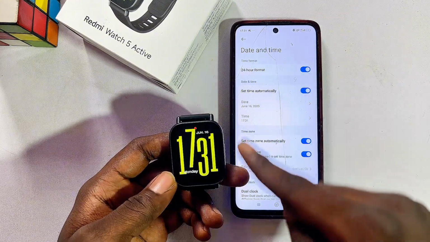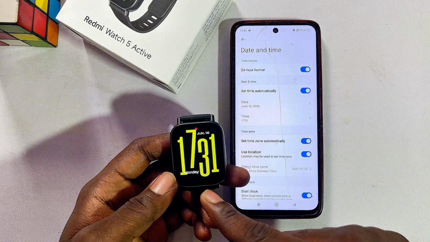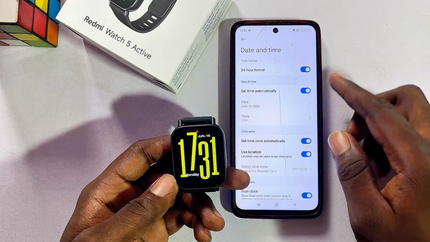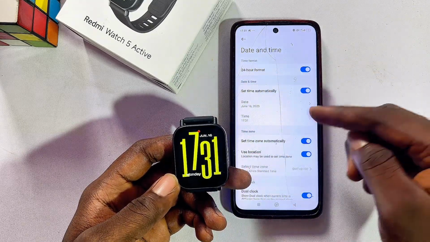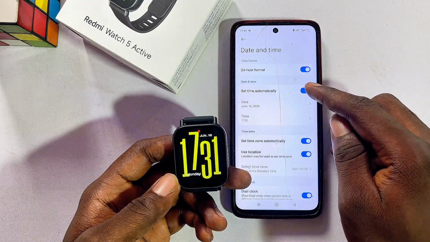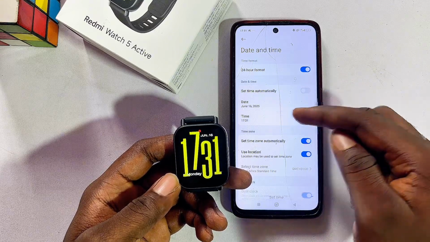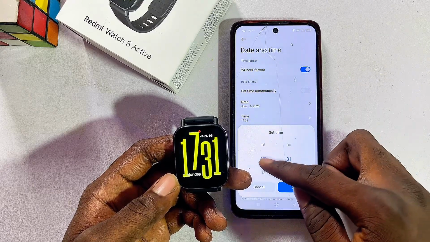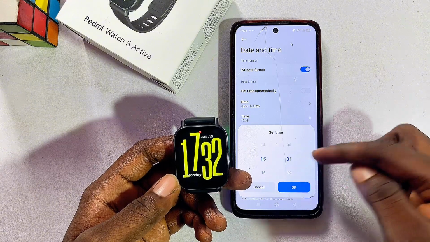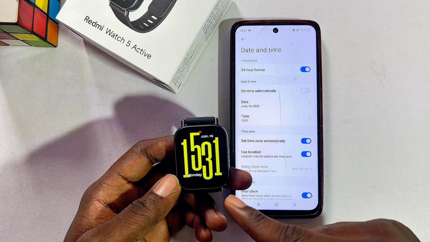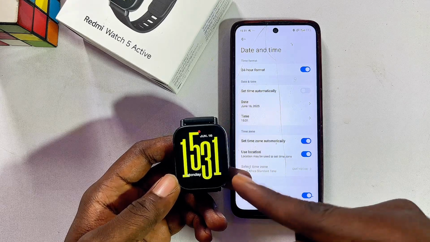And once it is enabled, you can literally see that the date and time format has just changed on my Redmi Watch 5 Active. Now if you also want to change the time on your Redmi Watch 5 Active, you basically just want to click on this set automatically over here, and then you can now change the time. So I can go ahead and just change this to say 15:31 and then just click on OK, and then just give it some few seconds, and you can literally see it has also changed on my Redmi Watch 5